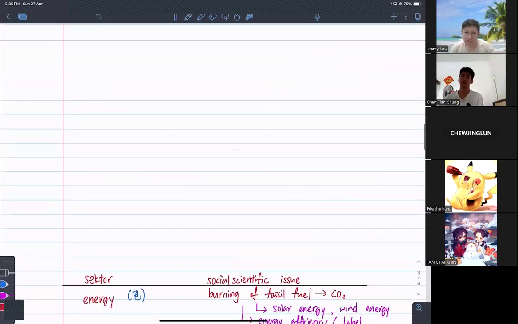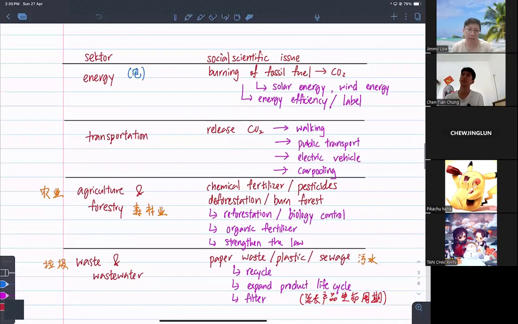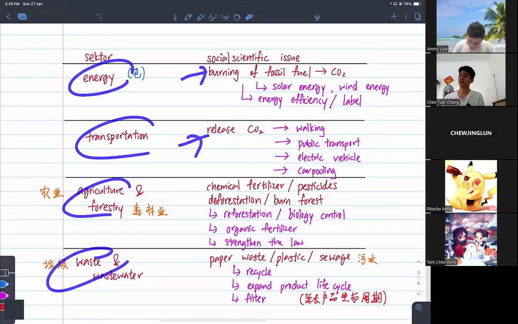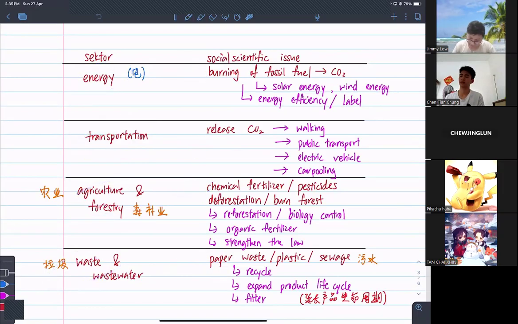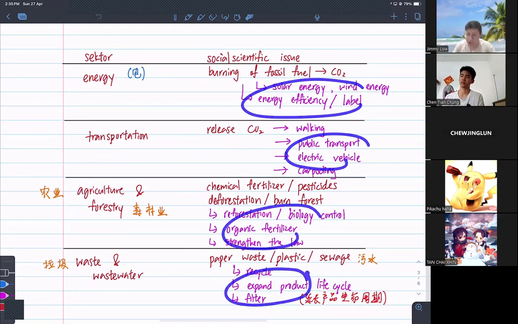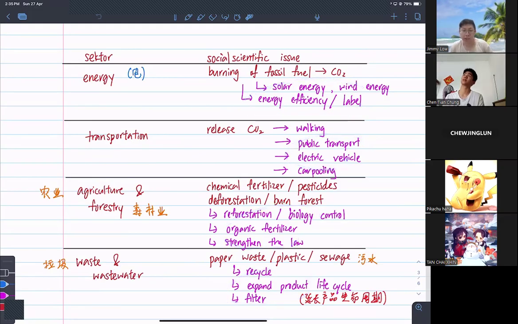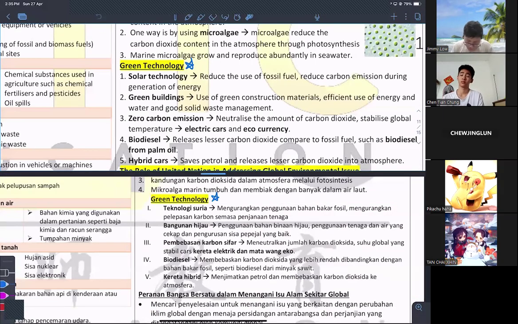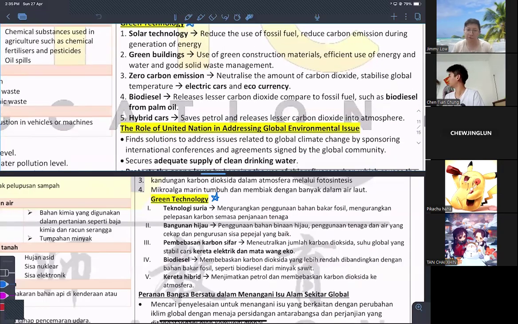Okay, as well as you are looking for English, right? Here as well we have 4 sectors. We have the issues, as well as the green technology. So bring in your common sense. No need to memorize the stuff here. You see, I just put 1 star. Actually, it's important, but it's Form 4 stuff.